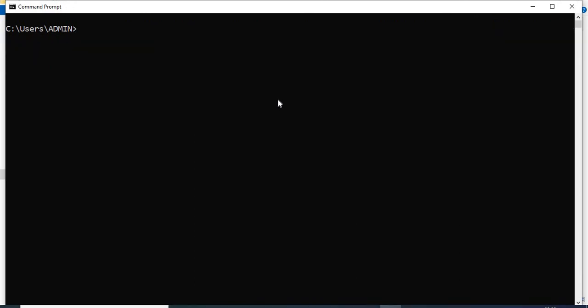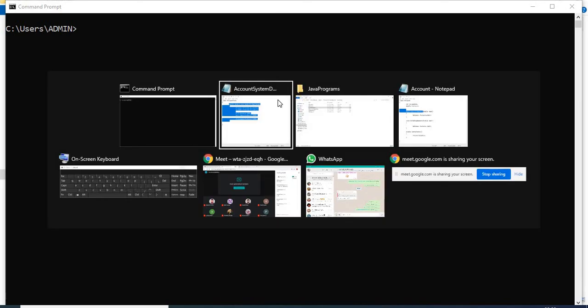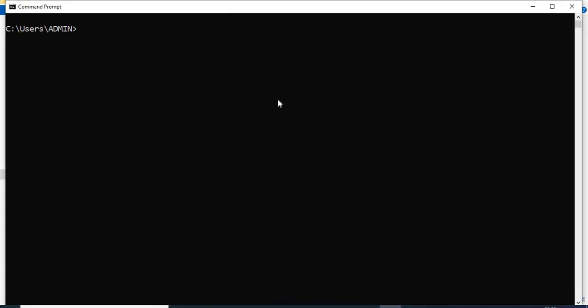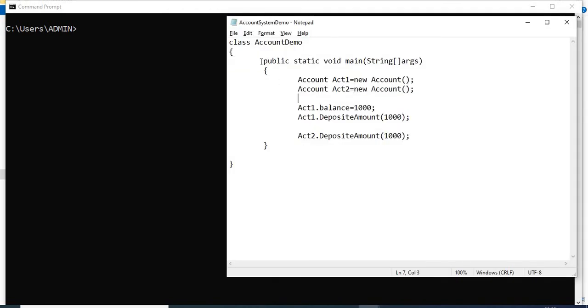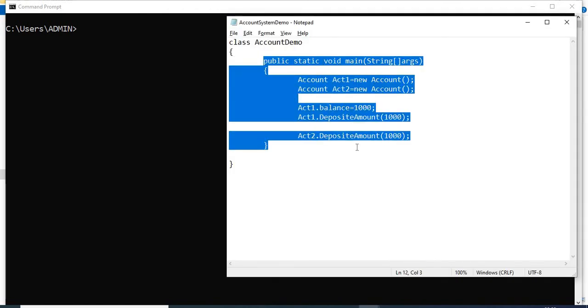I'll just do CLS. Now for running, let's understand what has happened. When we compile with javac, the compiler converts this higher level language code into bytecode. It doesn't convert it yet into the processor's native instruction set.